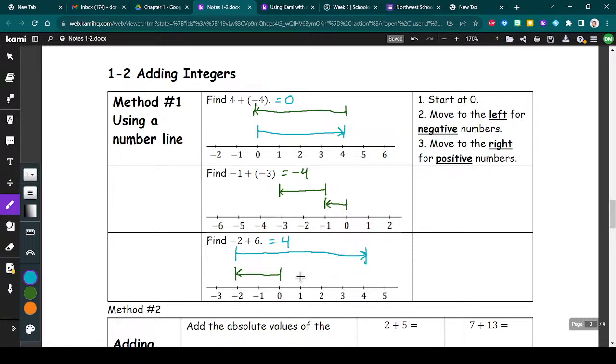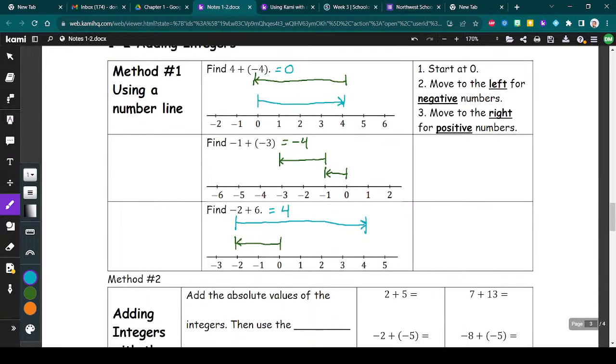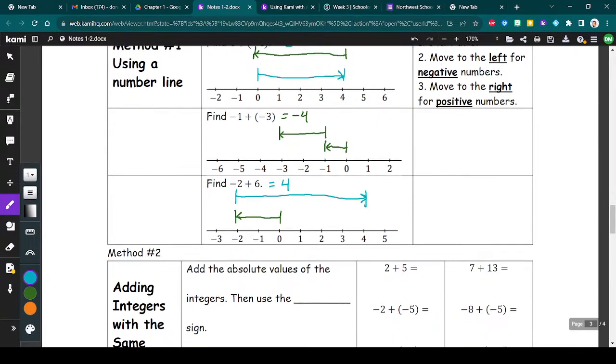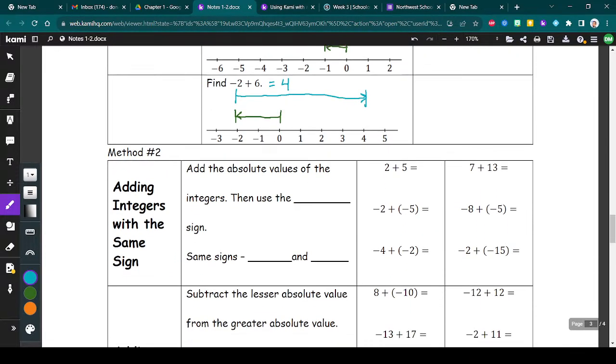So if worse comes to worse, and you're struggling with this, which I don't think you will, you could always use a number line to make sure that you're clear on your answer. And from time to time, we will actually have number line problems. So the other way to do this is to add the absolute values of the integers. That's what we'll do first. We add the absolute values of the integers, and then we use the